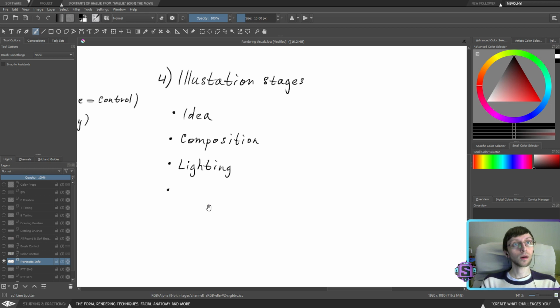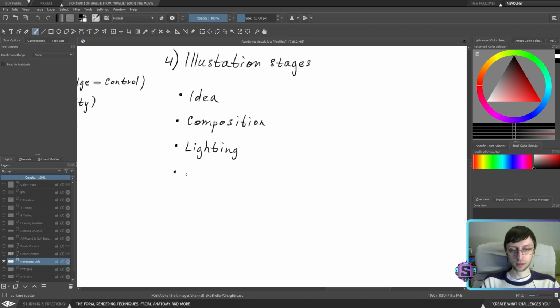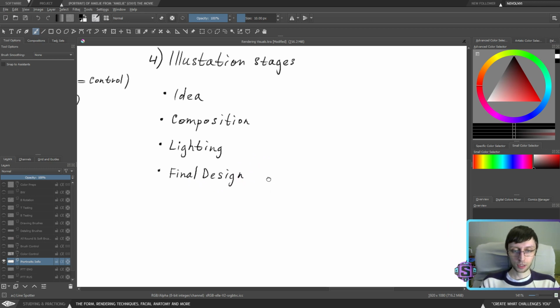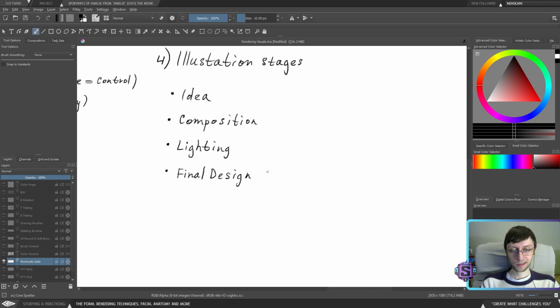Lighting. So after lighting, we're going to go with final design, which is ideally my personal name for it, but call it a final sketch. I'm calling it final design sketch because I'm implementing design into every work in order to control storytelling and composition. Yeah, I'm putting the design here, but most of the people are just not using this and working with Final Sketch. But again, let's just personalize it a little bit.